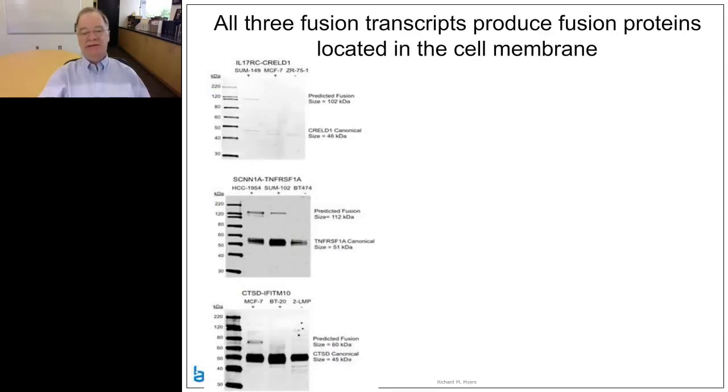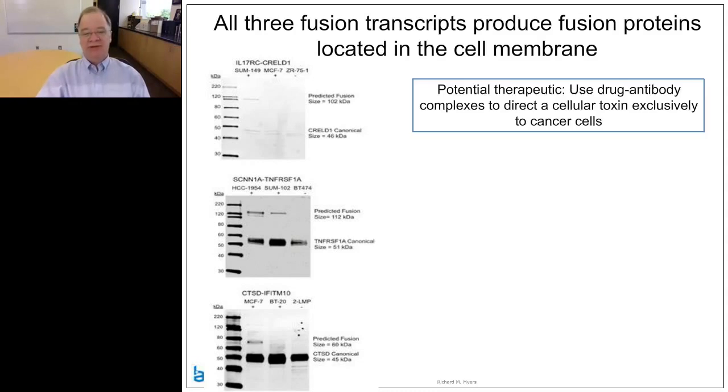The reason this is potentially interesting for these three is that all three of them make fusion proteins where one of the partners is a transmembrane protein. So the hypothesis is that you're making a new protein that's not seen in normal cells, and outside of the cell is a peptide where the fusion occurs that is not normally seen in normal cells. That's potentially interesting because you might be able to use this as a therapeutic. In cancer, one of the hopes of being able to treat and maybe prevent cancer is to